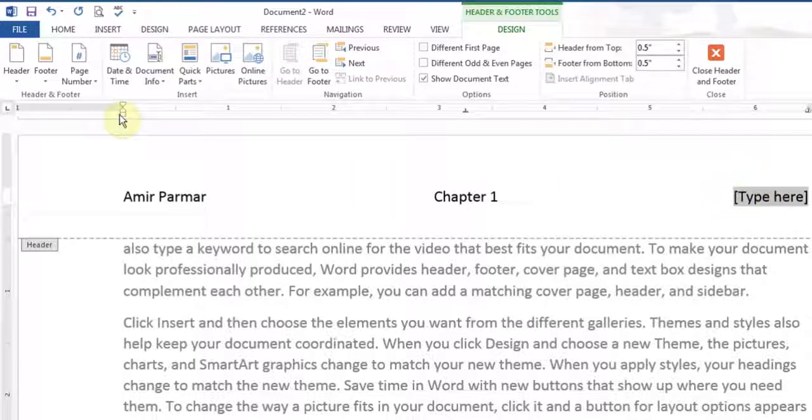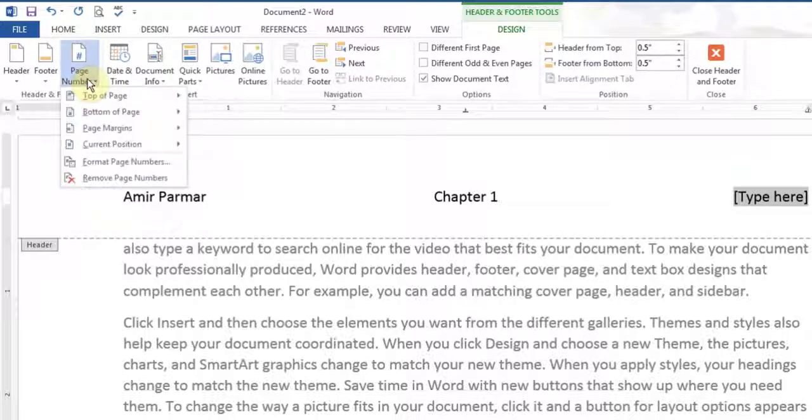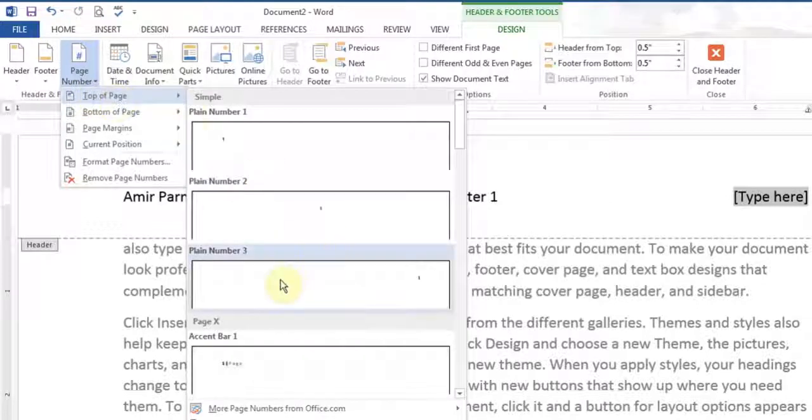So to do that, you go to this section on the left hand side called page number, click it, and you would have thought that you would have clicked on top of the page and then choose this one because I want the page number here. But if